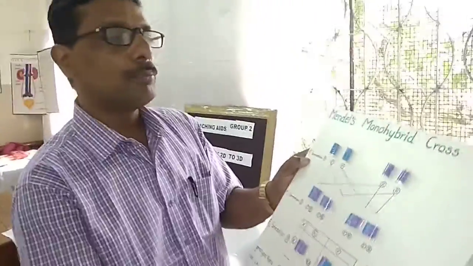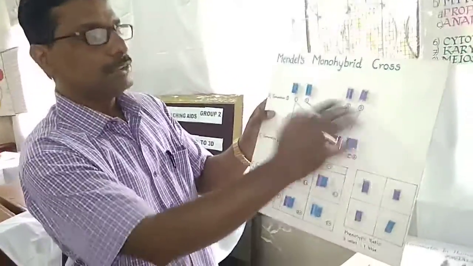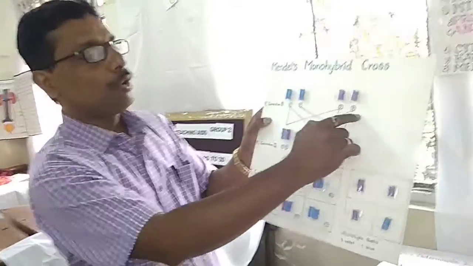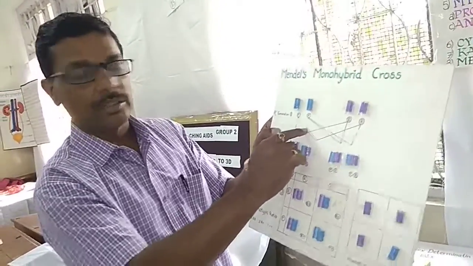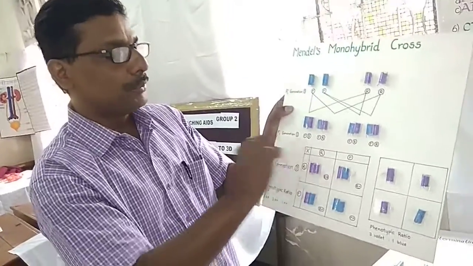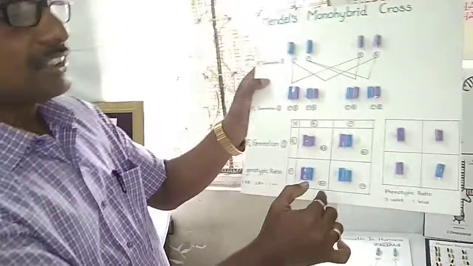After that, in 9th standard itself, we have the concept called monohybrid and dihybrid. So if you want to show the monohybrid and dihybrid cross, here I take the Mendel dihybrid cross using the chalk. This is the P1 generation. This is called the dominant character. This is called the recessive character. When you go to the F1 generation, only one trait is going to be there, and you can see in the F2 generation the different combinations can occur.